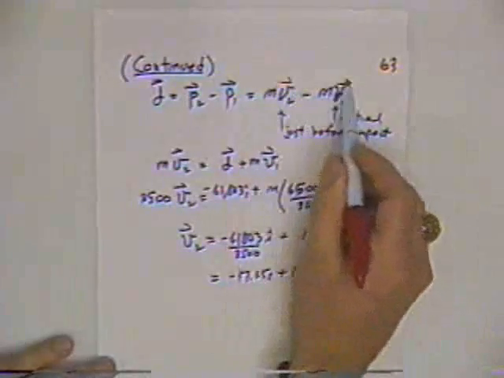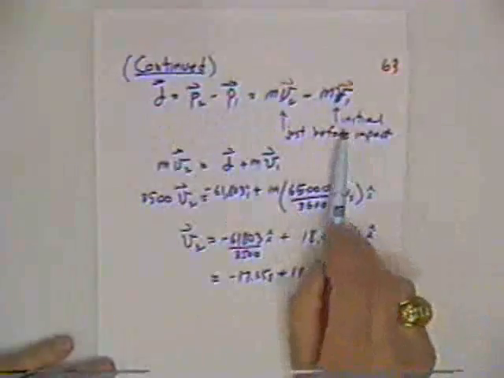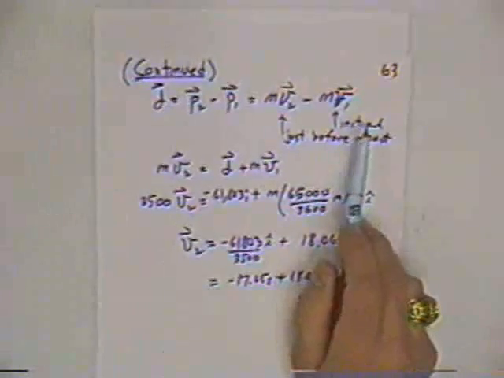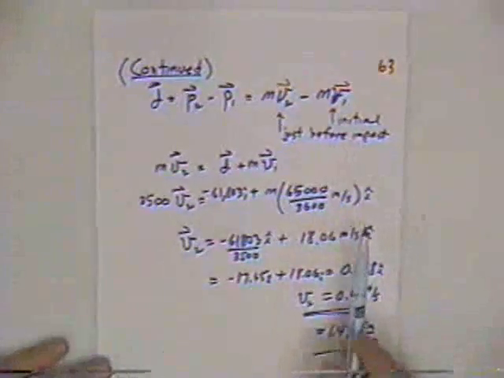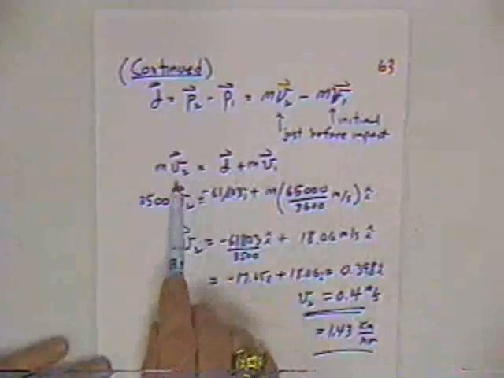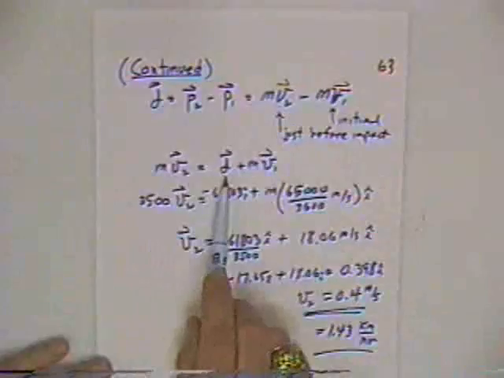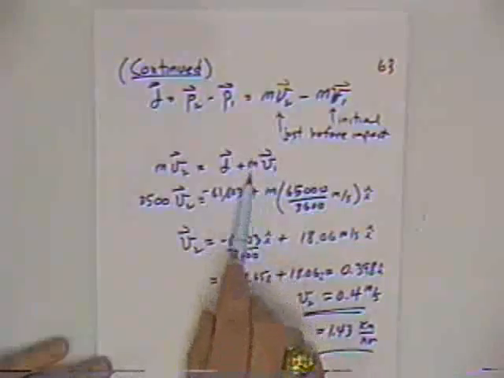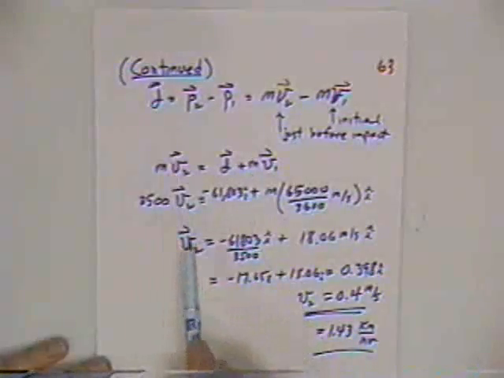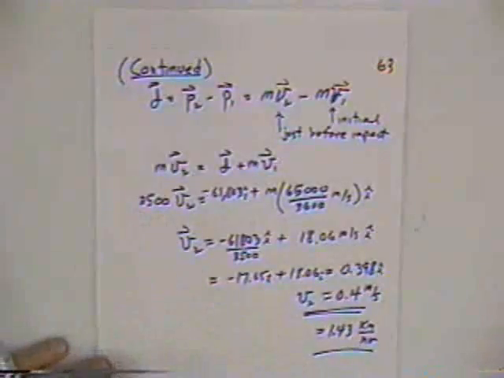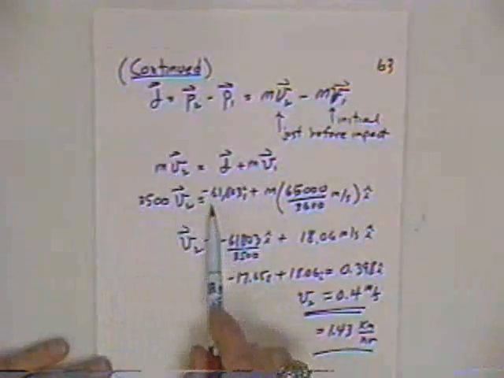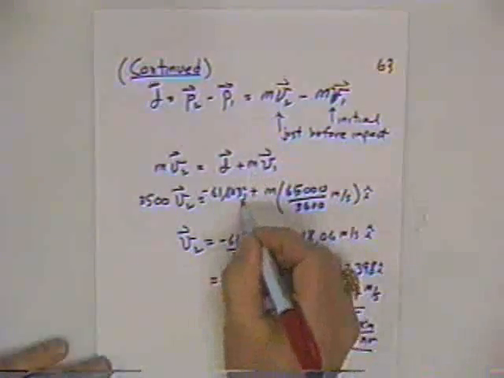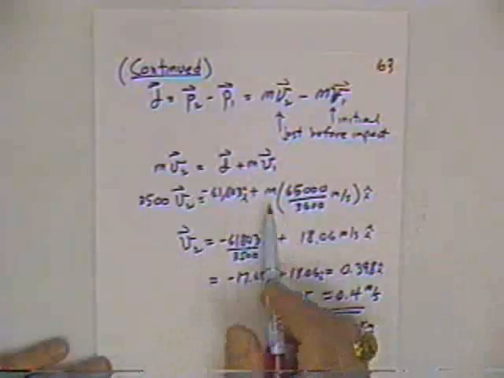I guess I ought to make these things vectors to make my equation all vectors. And v1 is the velocity when he starts his skid, and it's given to be 65 kilometers per hour. So I'm going to solve for mv2. mv2 is equal to impulse plus mv1. So I've got the initial momentum plus the impulse is equal to the final momentum. 3,500 is my mass in kilograms times v2 is equal to the impulse I just calculated, minus 61,803 in the I direction, plus mass,